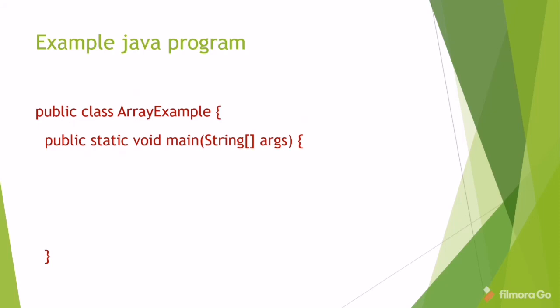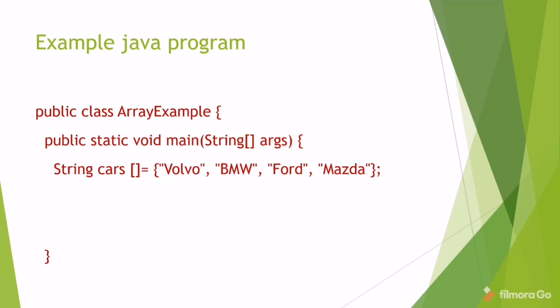Let's see one example program for an array. For that we have taken a cars array. In that cars array we have some values. If you want to fetch these values, we can fetch them by using the index number. So cars[0], if we keep that, it will give us Volvo. If we want to fetch the 3rd value, cars[2] we have to give. So by using its index number we can fetch its values.